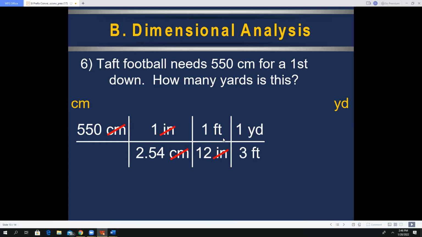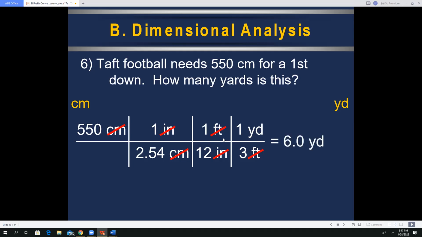Okay, so now we are able to do what we were asked to do. You notice there's nothing on the top, they're all on the bottom. Okay, so we need to put 550 divided by, and then use a parentheses and say 2.54 times 12 times 3. Close the parentheses, hit equal, and you get